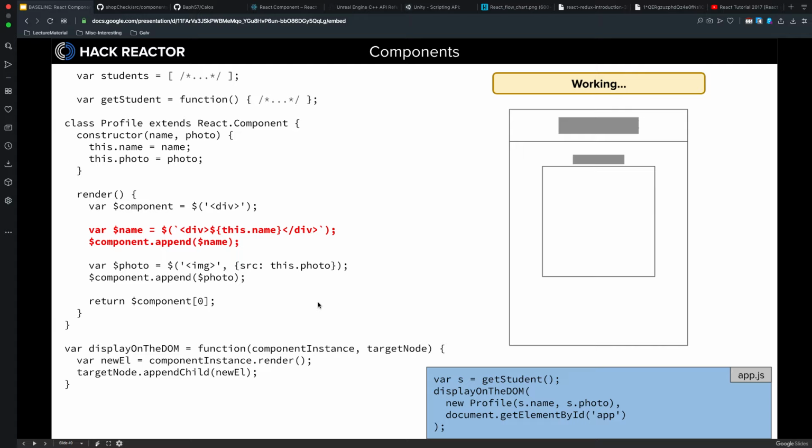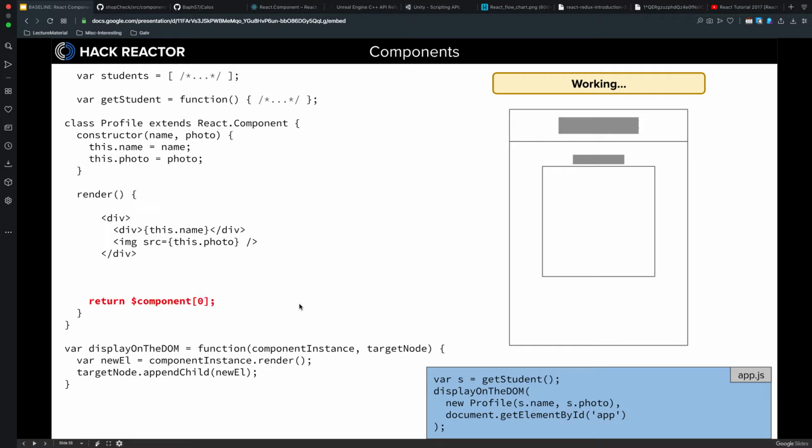We have a variable called name, and then we want it to be a div with this.name, right? And then we're going to append it to whatever was going on. I don't know where name is, but it's being appended to the component. Yeah, thank you. We get DOM. So this is JSX, which makes it a lot easier for us. Now instead of having a component called div, we can just have a normal div. And then we're going to move return up, like I said. So up here,